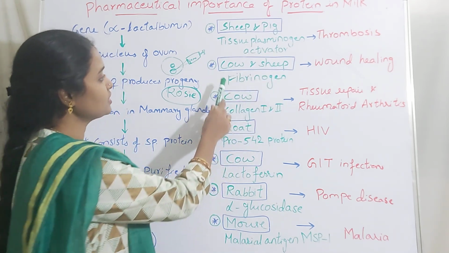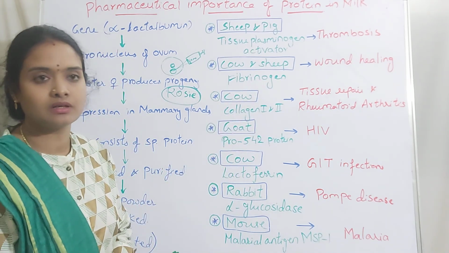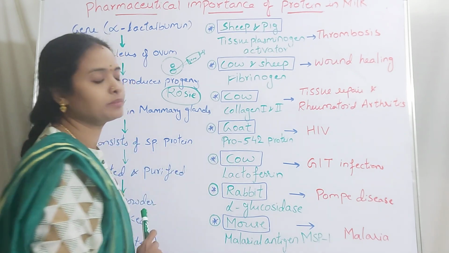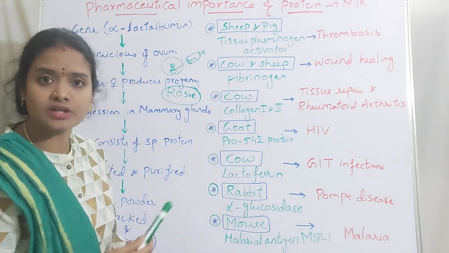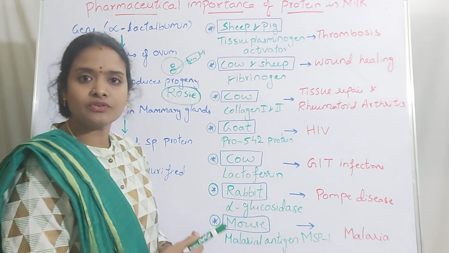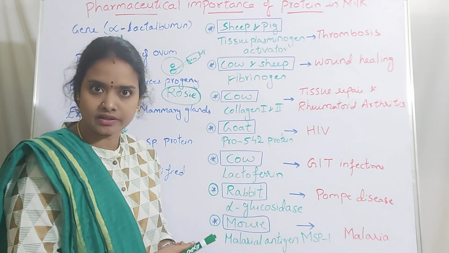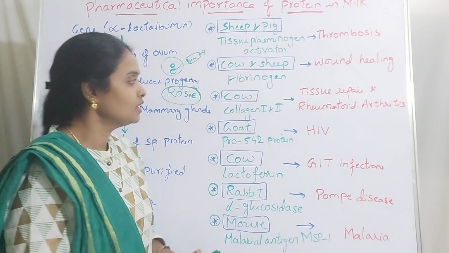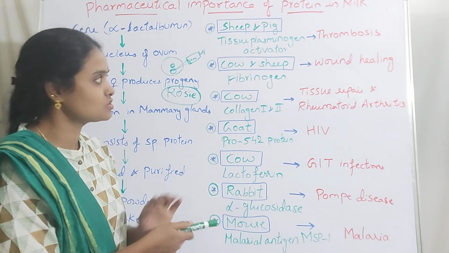Here the transgenic animals were able to produce fibrinogen in their milk. Again, what is the use of fibrinogen? Fibrinogen, which is naturally produced in the liver, circulates in the blood. Wherever an injury has occurred in a particular region, the fibrinogen will get converted into fibrin by means of thrombin,